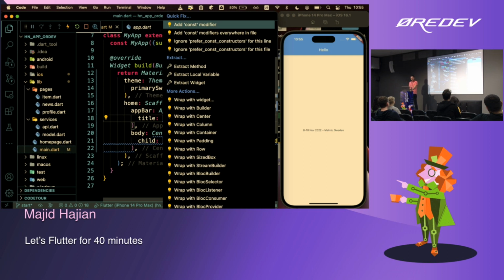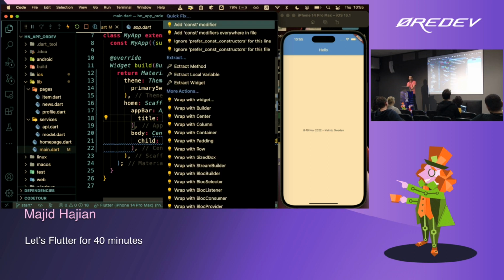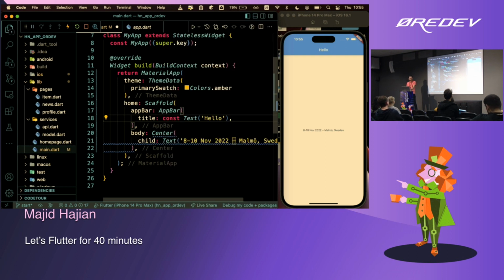And look at this. This was on purpose. My analyzer is actually complaining about something here. In my editor with VS Code, you can also do the same with IntelliJ as well, and also Android Studio. There is no difference. You can ask, what is the problem and how can I fix it? And it says, well, there's a problem here with const modifier. Don't worry about that again. This mainly means this is a constructor that will not change in runtime. So it tells compiler to optimize it as much as possible because it's static. So I'm just gonna tell that, okay, add that and add this because these are not gonna change.